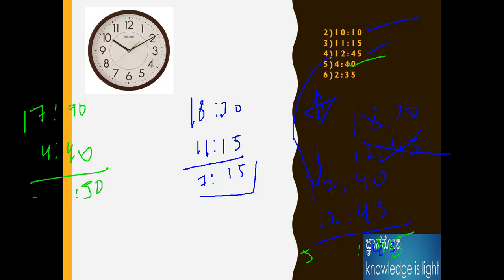And here it is coming as 17 minus 4, which is 13. Okay, it is more than 12 hours, so again you need to subtract. Already I told you, if it is more than 12 hours, you need to subtract from that. Therefore, 12 minus 1 and 50. The mirror image should be looking as 1:50. The answer is 1:50 here. Okay, next problem.